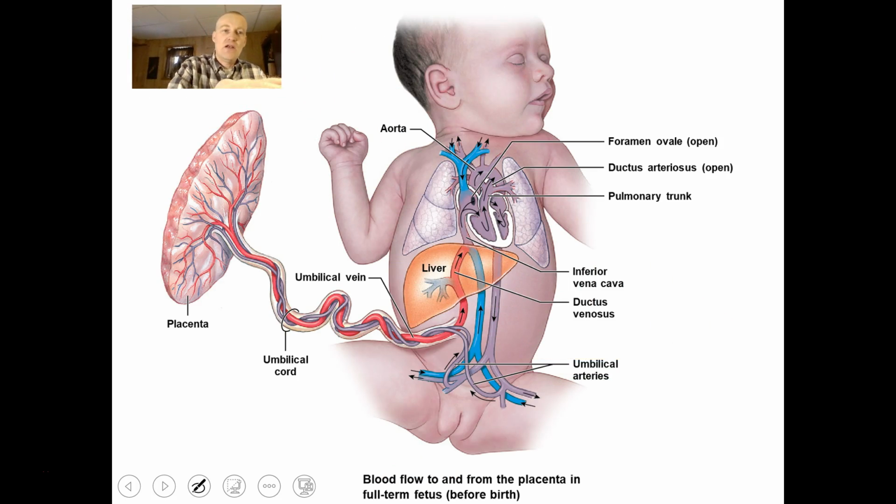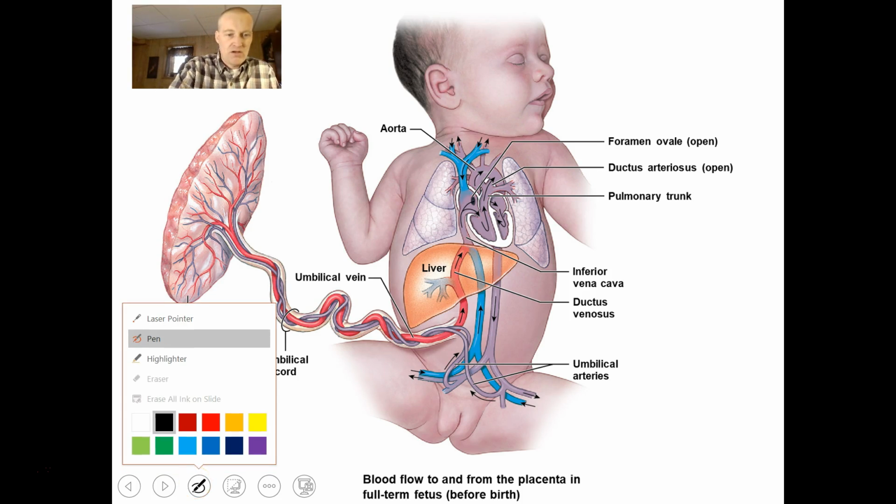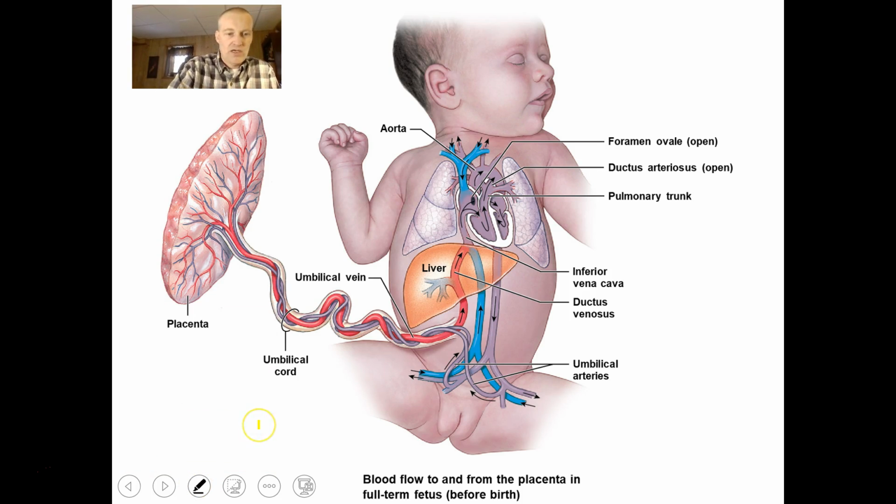All right, our last little topic before we finish this up will be the fetal circulation. Now, the fetus doesn't have lungs that are working correctly. Okay, so the fetus, these lungs, basically they're breathing in water because they're in amniotic fluid. So there's really no reason to carry blood to the lungs to become oxygenated, because the oxygen that the baby